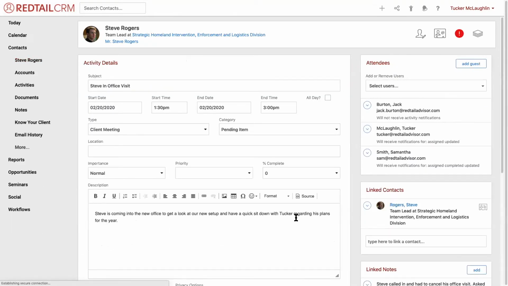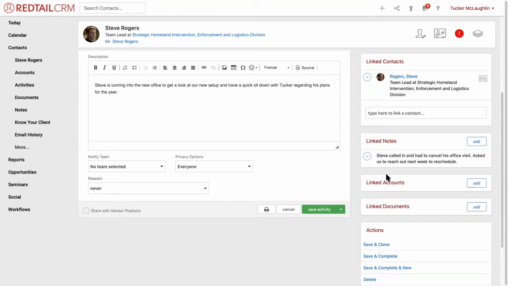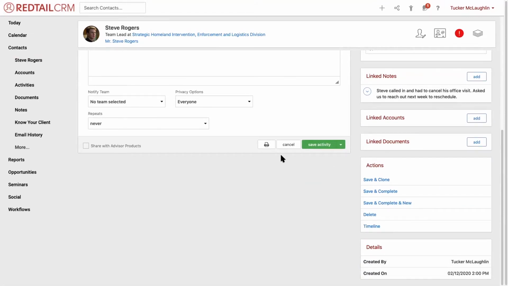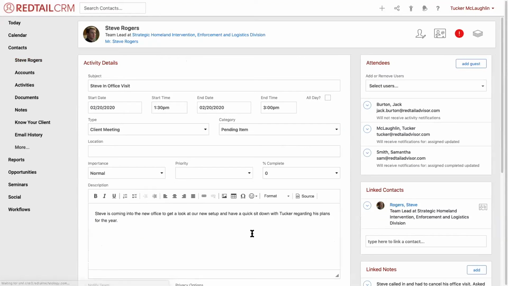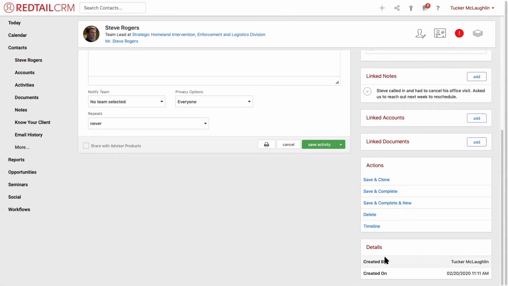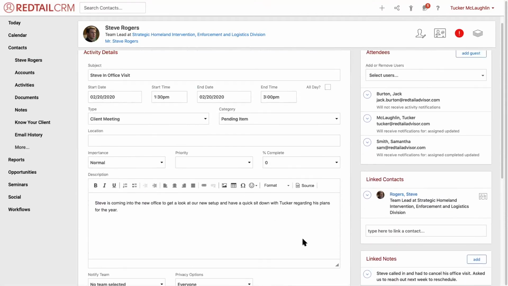And you'll notice that for the most part, they are identical. They have the attendees, they have the client meetings, things like that. You can actually see when they were created. If I go back to the other activity and click on that, you'll see again, pretty identical here. This one, however, was just created. Okay, so when I save and clone that activity, I can change the category of this cloned activity to canceled